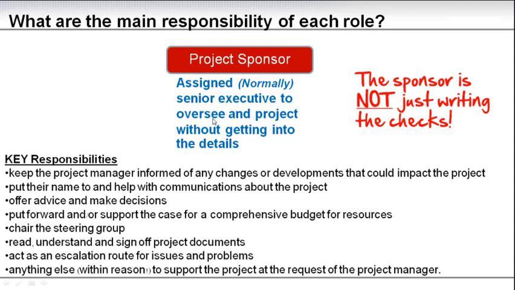And remember, the project sponsor is not just writing the checks, which we have just been through in the responsibility list here. If the project sponsor is just writing the checks and only involved when a check needs to be written, or just receives the report, then you will have set up your project for failure, because then you will be disconnected. You will not have the close relationship with the stakeholder project sponsor